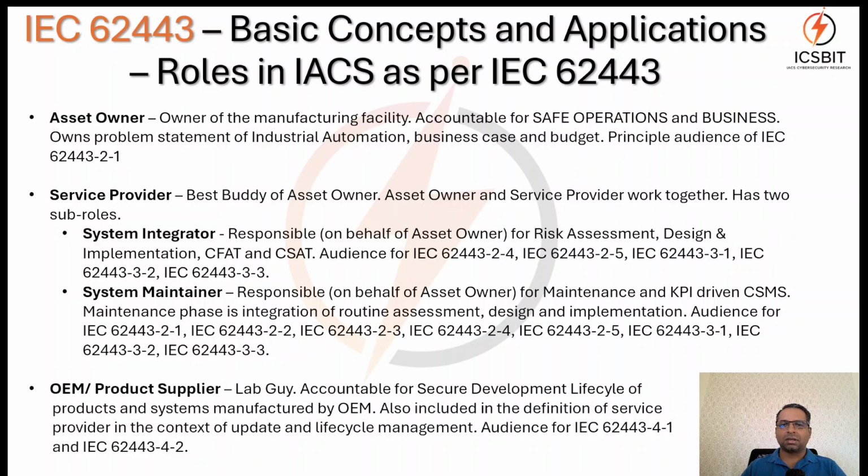He refers to 62443-2-4 for his formal certification to qualify in RFPs. He refers to 62443-2-5, which is guidance for the asset owner on how to implement a CSMS or cybersecurity program. 3-1, that is security technologies for systems. 3-2 for zone and conduit requirements as well as risk assessment. And we have 3-3, which is your technical, administrative and physical requirements to secure the systems.